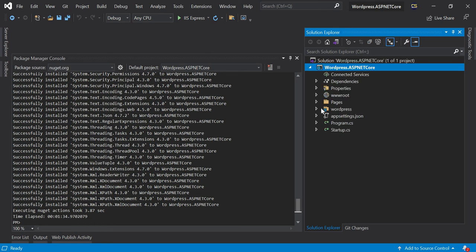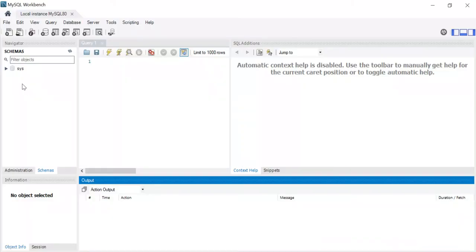So our next step is to set up the MySQL database. As I said, I have already installed the MySQL database, and here you can see that there is no database present. So here we need to create a blank database or schema for the WordPress application to run, and the tables will be auto-generated by WordPress as soon as the application launches for the first time. Make sure you remember the username, password, database name and the port on which MySQL is running. You need these details when you start configuring WordPress in ASP.NET Core.